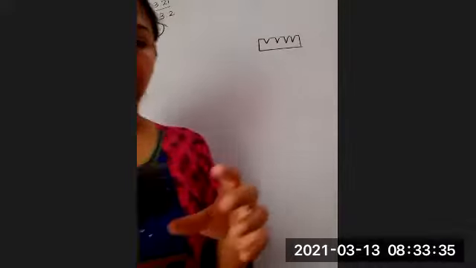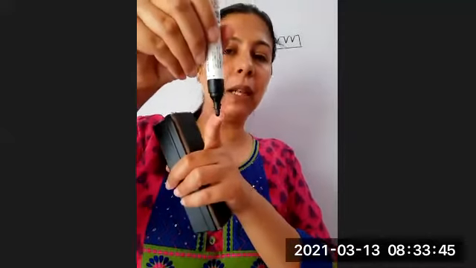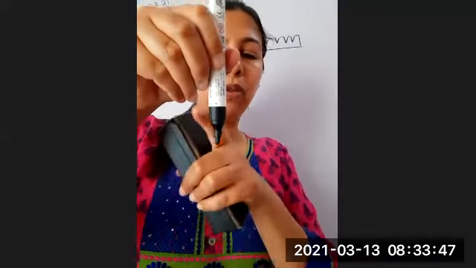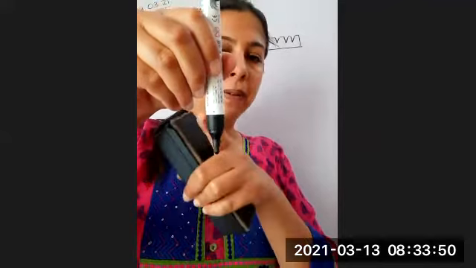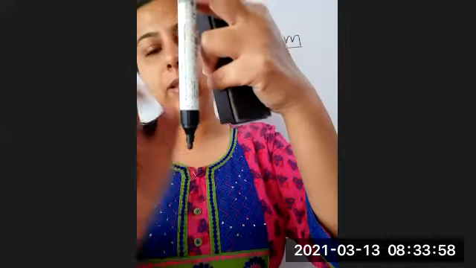Suppose this is your cuboid, though it is not a proper cuboid. Suppose this is a cuboid, and I am making some conical depressions here. Conical shape. Why cone? Because if you look at the tip of the pen, what shape is it going to be best covered by? Cone. It's not a perfect cylinder, it's going narrow at the bottom, at the tip. So it's going to be a cone.